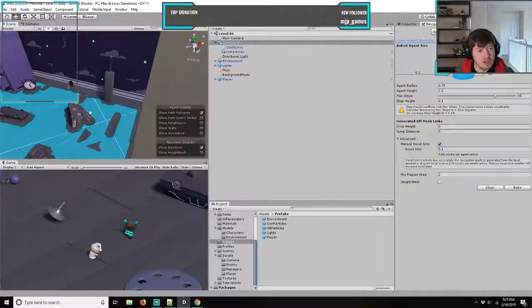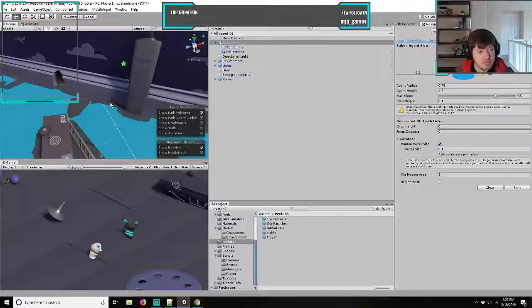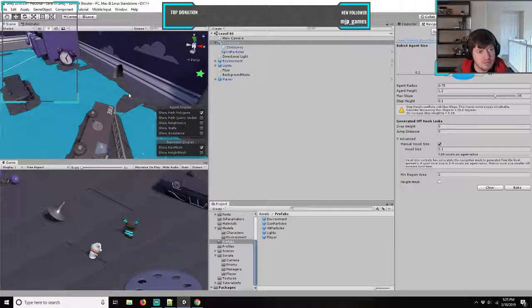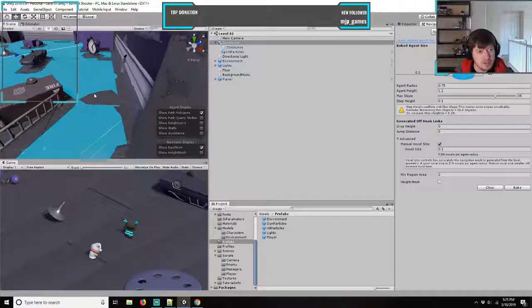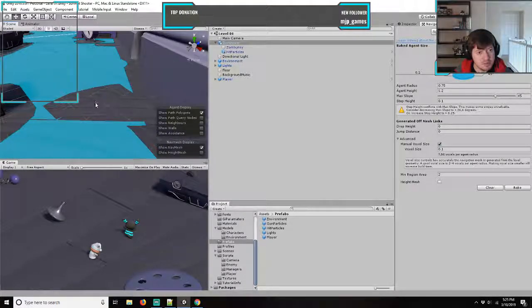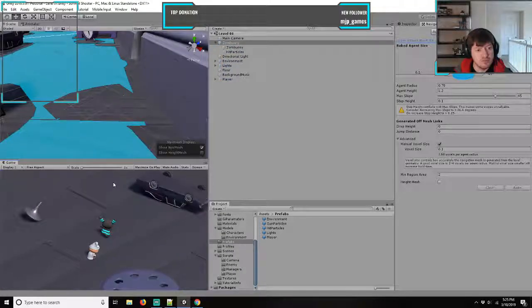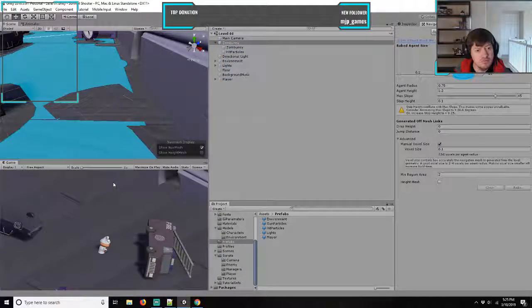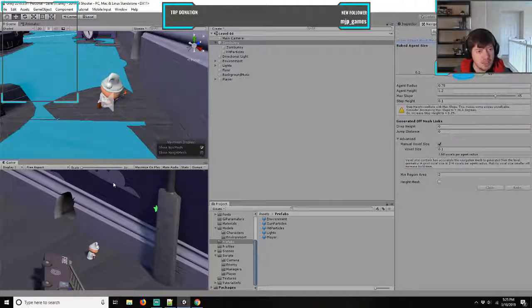So let's take a look at this over here, for example. There's a fairly wide spot here. So let me move over there real quick. All right. So if I was to stand right here, technically, because it's an allowable location,